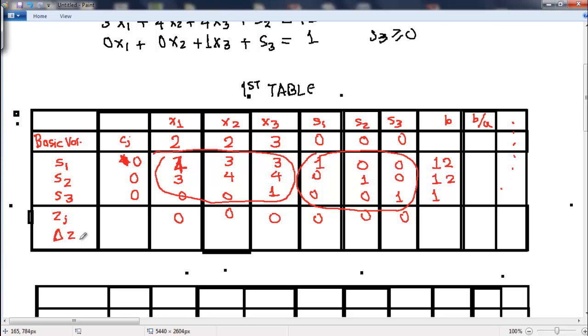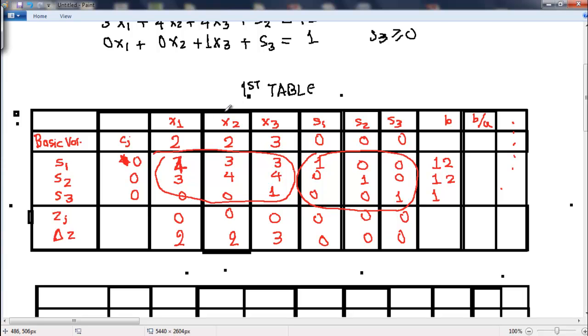Okay, then what's delta j? For delta j I subtract Zj from the corresponding coefficient of the objective function. So I have 2 minus 0 is 2, 2 minus 0 is 2, 3 minus 0 is 3, 0 minus 0 is 0, and 0 and 0. Now